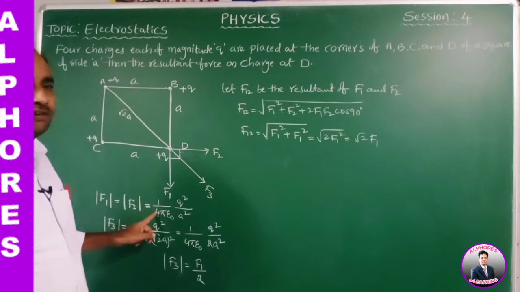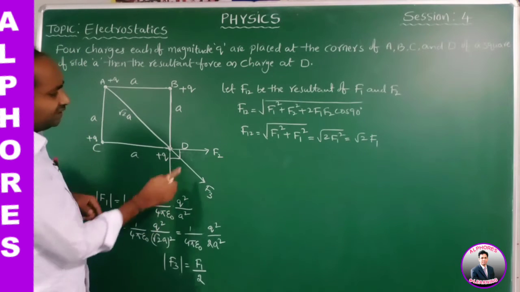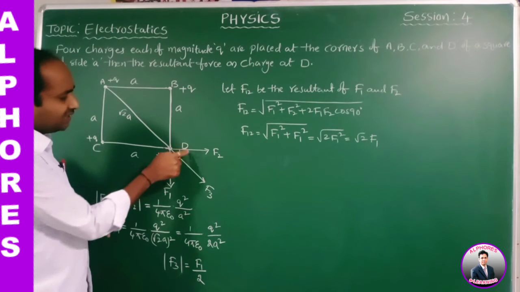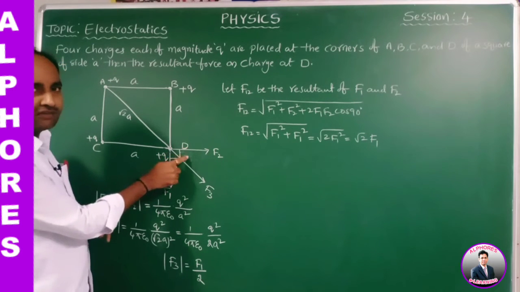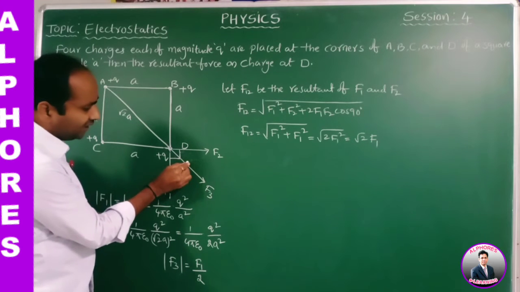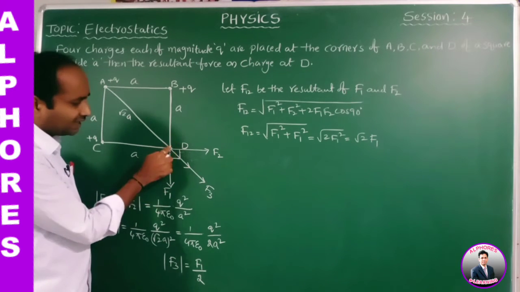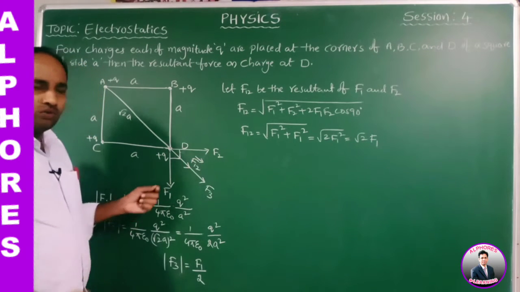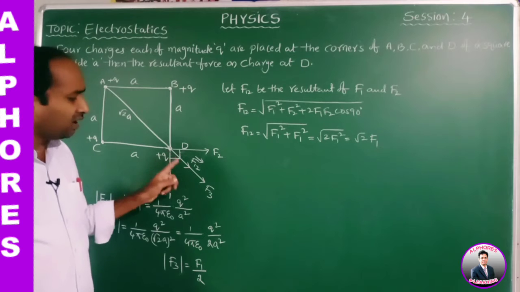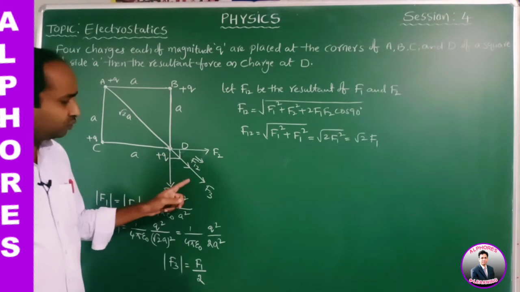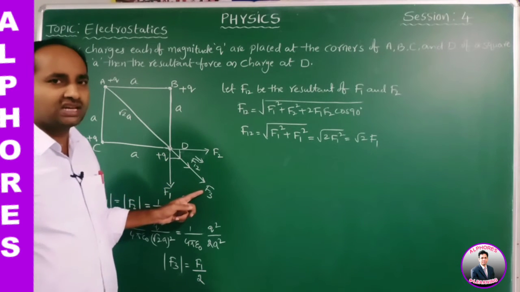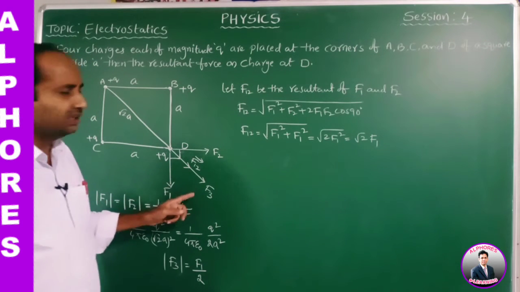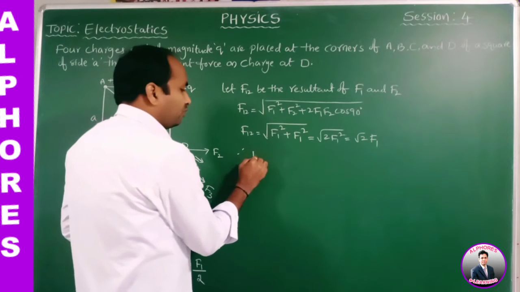We know the value of F1 here. If these two have equal magnitude and are at right angles, the direction of the resultant of F1 and F2 is along the direction of F3, exactly the bisector. So this is the direction of F12. Now F12 and F3 are in the same direction. If two vectors are in the same direction, the resultant is directly the sum of these two vectors. The angle is 0 here.